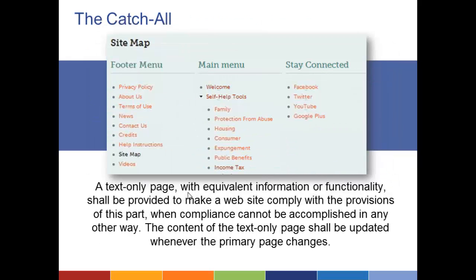And the guidelines actually fairly clearly give a kind of an out or a catch-all, which is that in general, if you cannot make something accessible, you can provide an equivalent, which, presumably, is not a really crappy rendition of the original. So an equivalent which is accessible, which is then